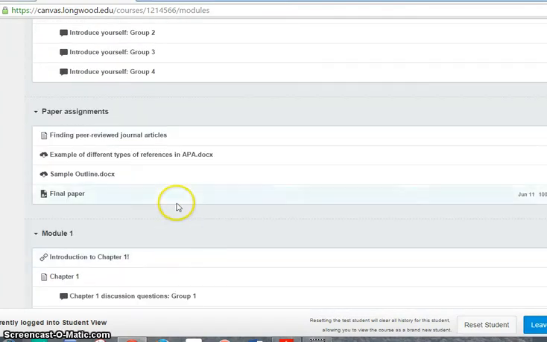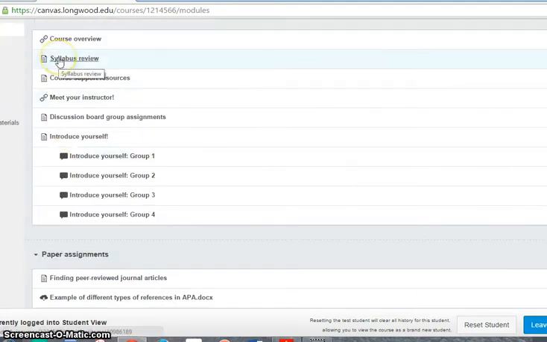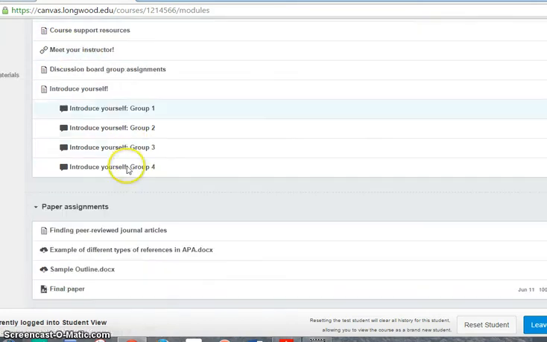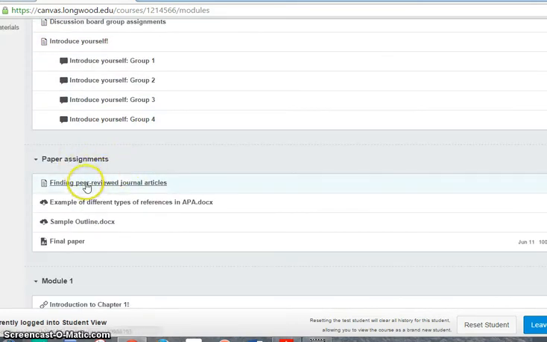The next module section that you'll see is paper assignments. This lays out a description of the paper assignment, which is also in the syllabus, which we'll talk about in just a moment. The paper assignments give you some additional resources to help you complete the paper. There's a list of peer-reviewed journal articles, also databases you can search to find references for your paper. There are examples of different ways to cite your paper in APA format, which is how you'll be required to cite your